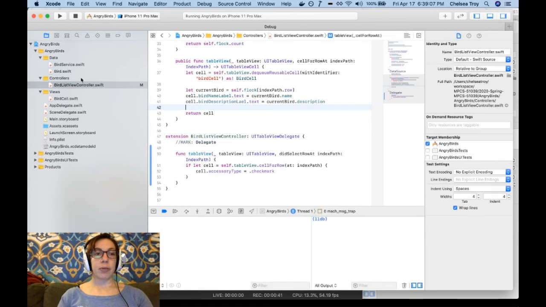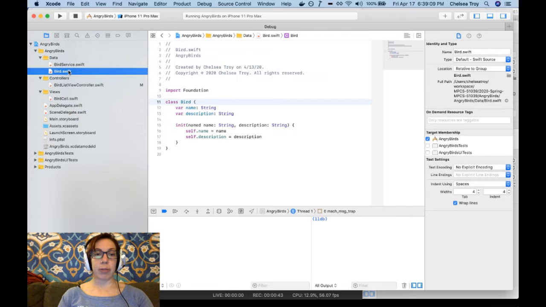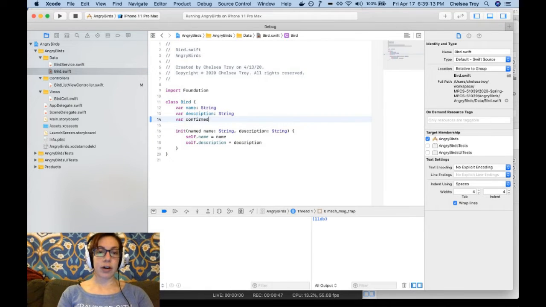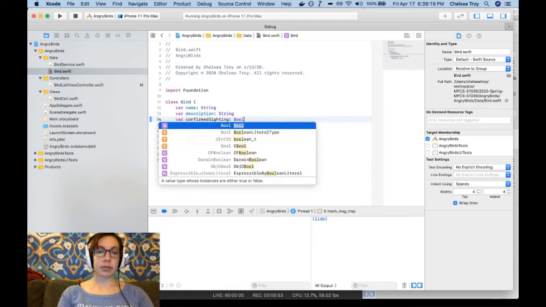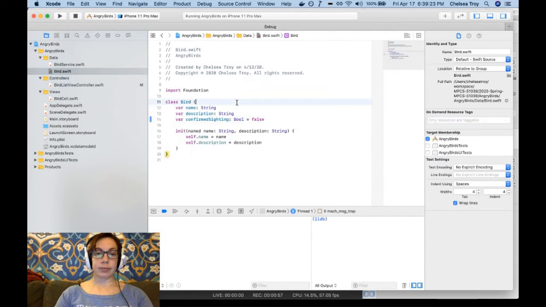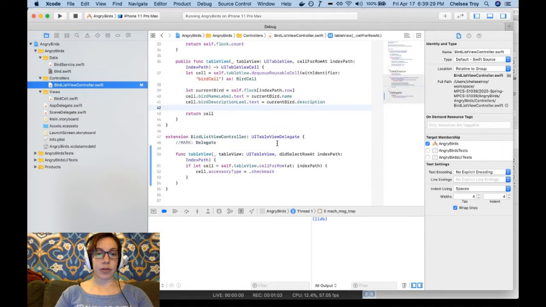So first, we need to add an attribute to our bird. Let's say confirmed sighting. This is going to be a Boolean, and we're going to set its default value to false. Good. So now, in our bird list view controller,